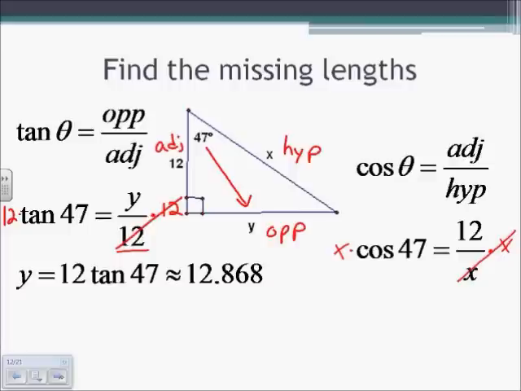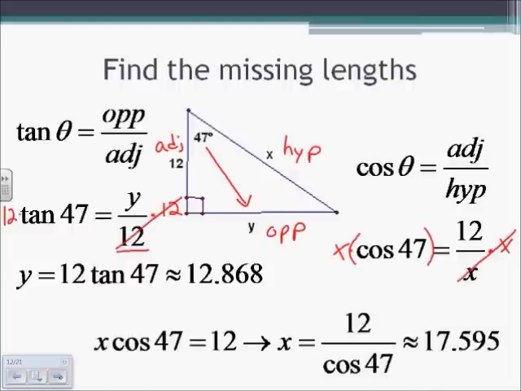The next thing that I have to notice is that x is being multiplied by this cosine of 47. And it really has to be thought of as just another variable. And if I have two things being multiplied together, to get one to the other side, I can just divide. So if I divide both sides of the equation by cosine of 47, then I'll have x by itself. I have x cosine of 47 is equal to 12. I will divide both sides by cosine of 47. On the left, that cancels out, and I'm left with x is equal to 12 over the cosine of 47. And then I typed in my calculator, and I have approximately